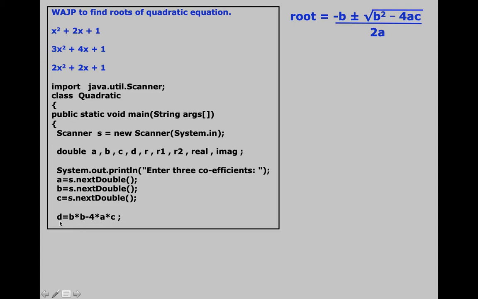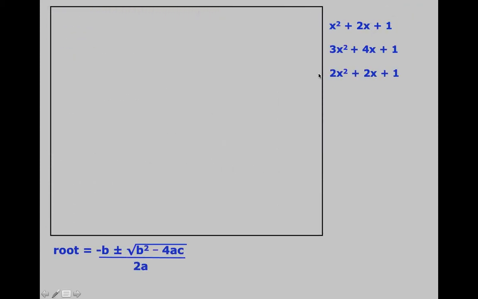Now as I told you, the value of d is the most important thing over here, because whatever we do will depend on the value of d. Now this d could be equal to 0, it could be greater than 0, it could be lesser than 0, and accordingly we'll have 3 cases over here. We'll do something if d is equal to 0, something if d is greater than 0, and something if d is lesser than 0.